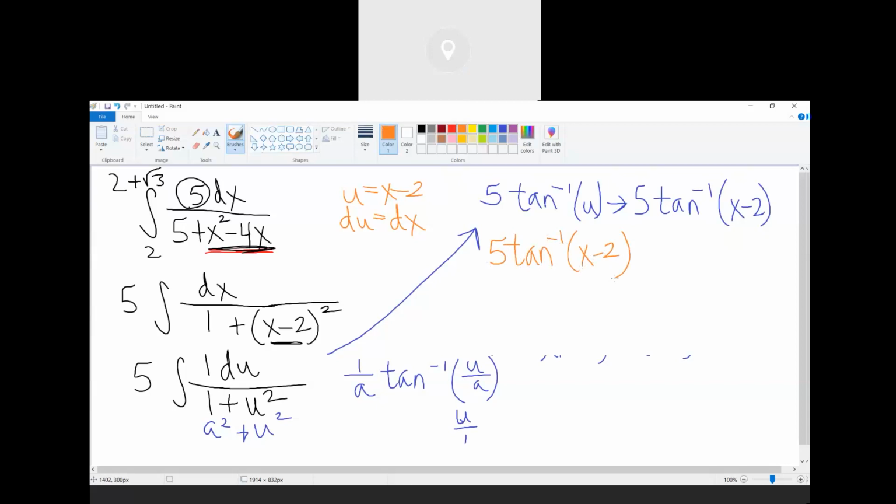We have 2 plus square root of 3 and positive 2. And according to our fundamental theorem of calculus, part 2, we'll plug in the 2 plus square root of 3 first. So we have 5